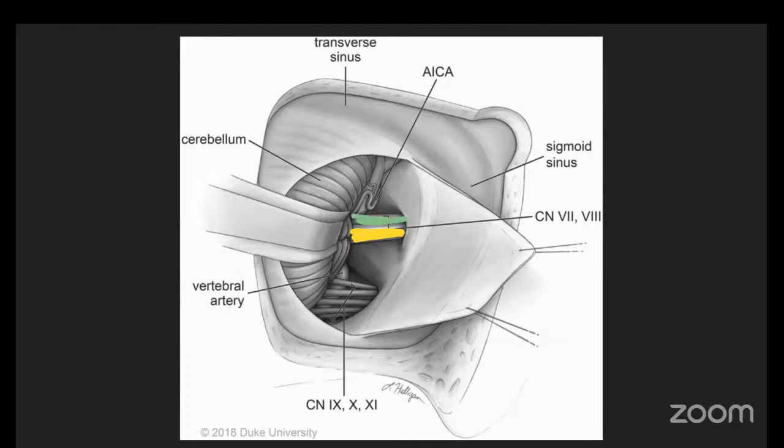Anytime you see an anatomy diagram or a surgical picture of the retrosigmoid approach, the exposure is from behind. Be very sure that the first nerve you are seeing, which is this,